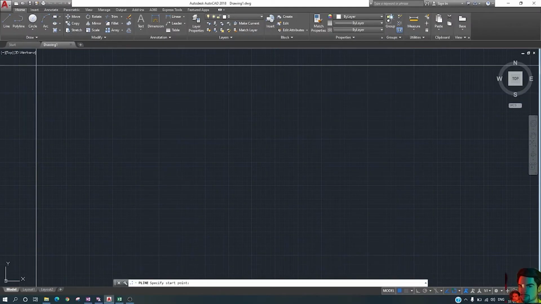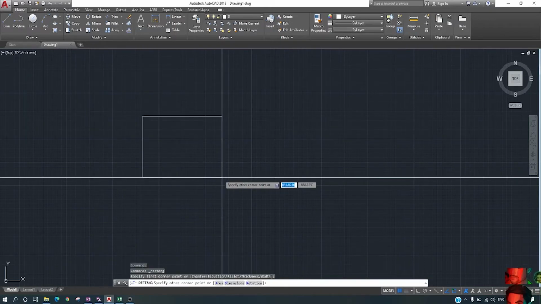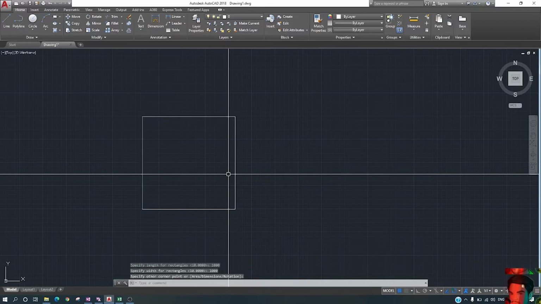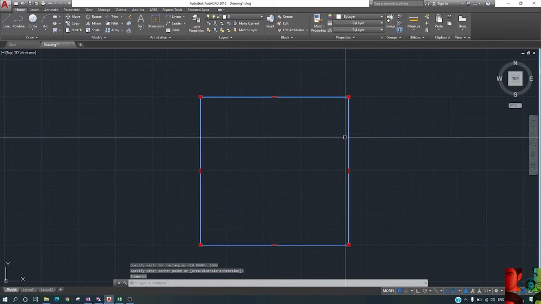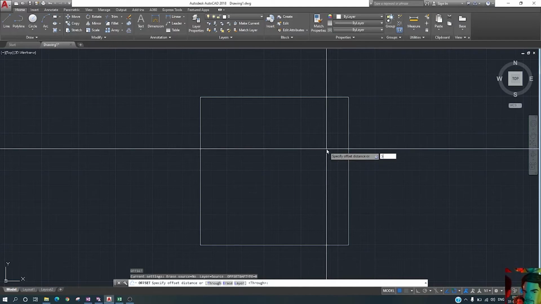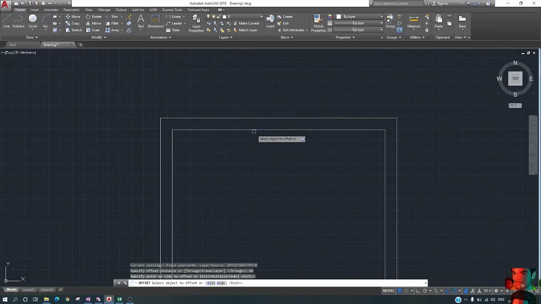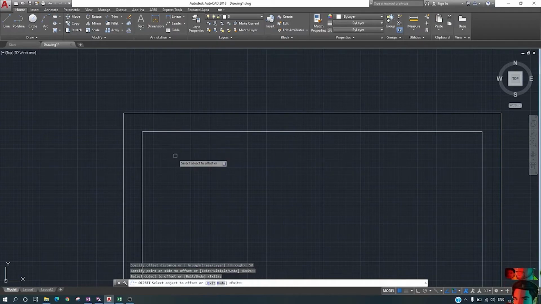So what we do, just select a rectangle, press D, enter, provide dimension 1000 into 1000, 1000 mm into 1000 mm, a rectangle is made. We just use the offset command and offset 50 mm to the inner side. Why 50? Because the angle used here is MS angle 50 into 50 into 6.